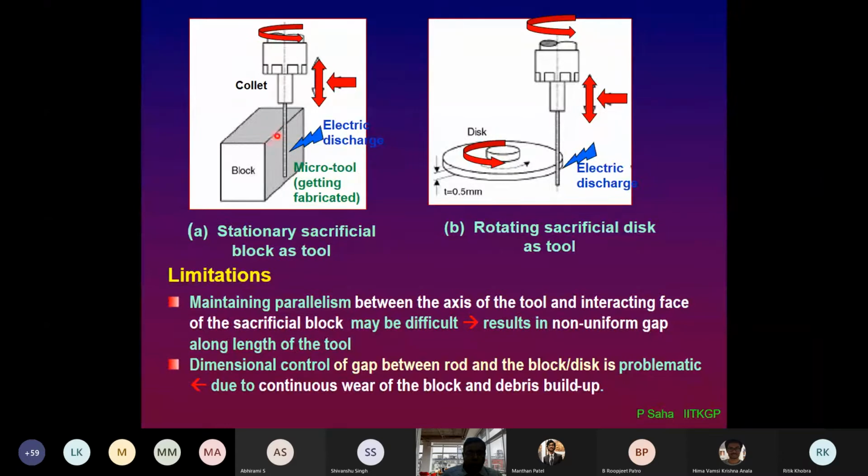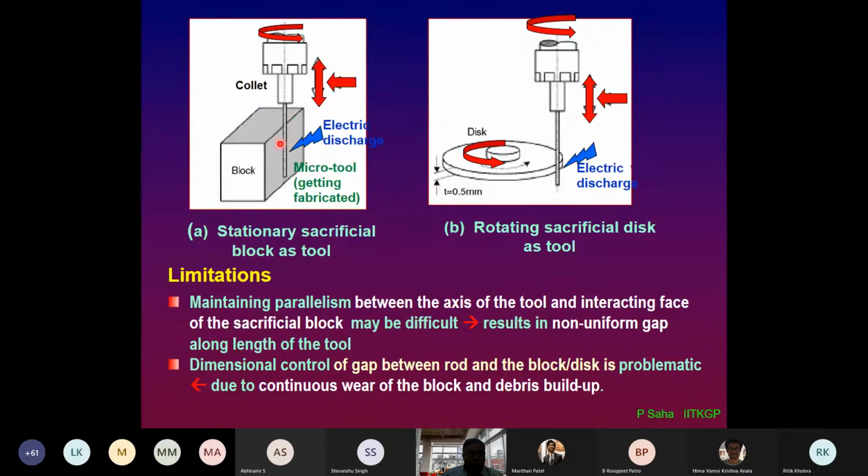Because the gap is so small, when the voltage pulses are applied, the discharge will be along a line, wherever the portion is nearest, there some sparks will be there, and the same principle of EDM will be applied. But here the pulse on time and dielectric gap conditions are so set that the energy content per spark is very limited. But that should be good enough to remove some amount of material, because we do not want too much material to be removed in one bit. Bit by bit, very small amount, because we want to control the entire process.